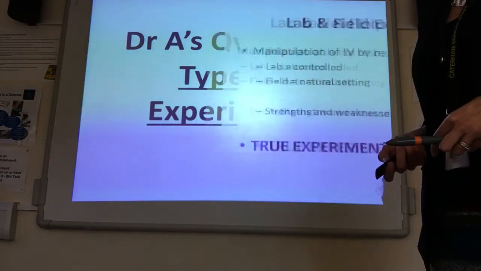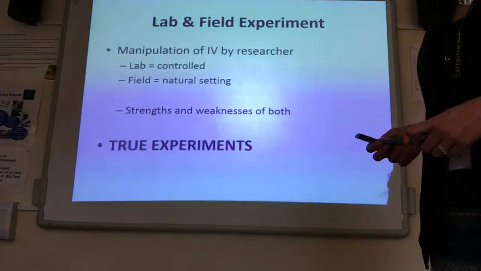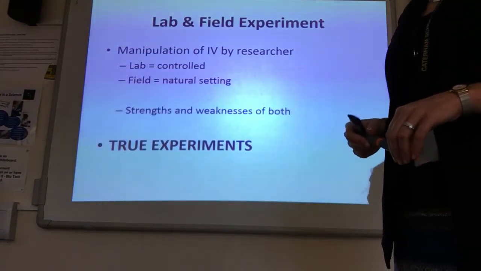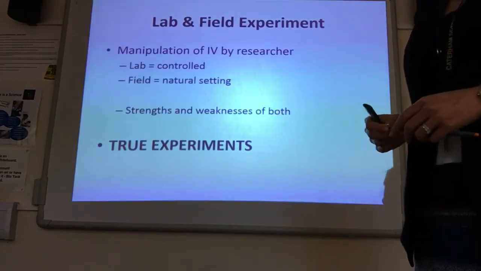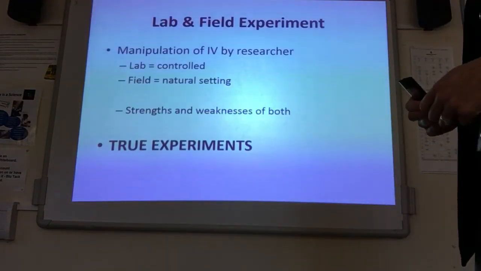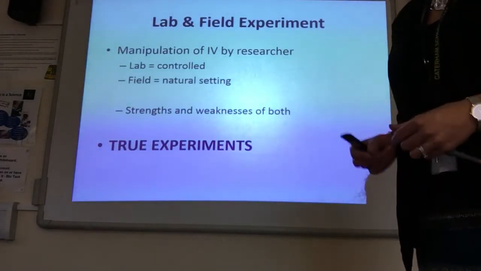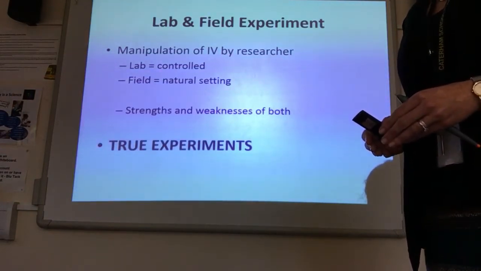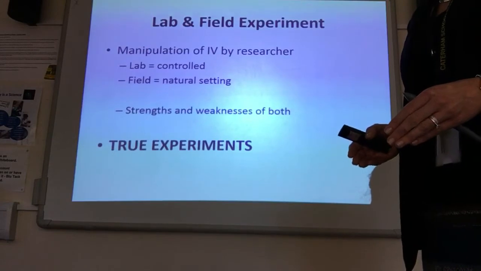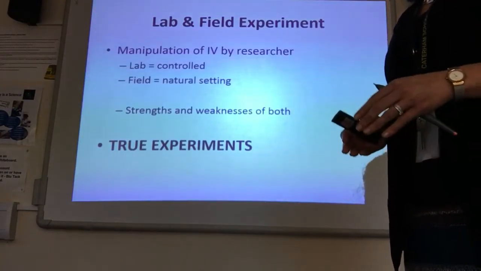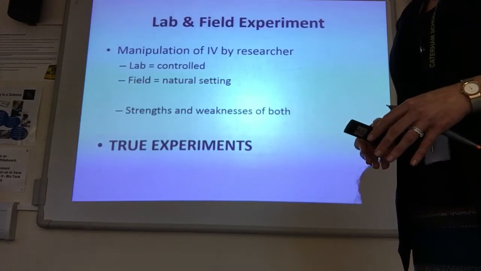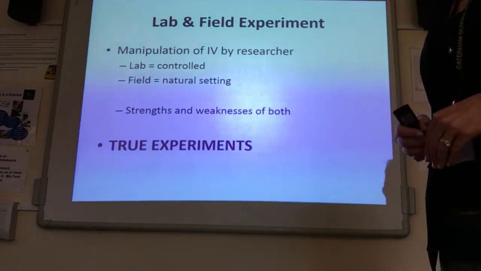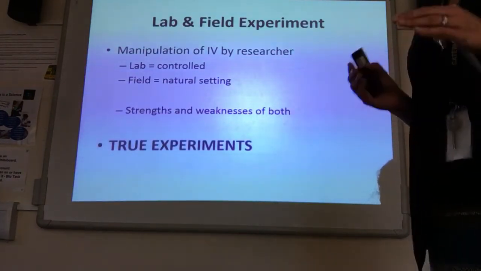So let's start off with the 2 main types of experiments that we study in psychology. And this is a lab experiment and a field experiment. And this is where there has been direct manipulation of the independent variable by a researcher, by the experimenter. That is fundamental to both of these types of experiments. Of course, what is different about these types of experiments is that a lab experiment is conducted in a controlled setting, so this often involves the participants travelling to the researcher's setup or situation, whereas a field experiment, although still